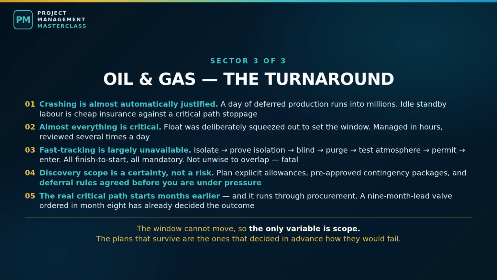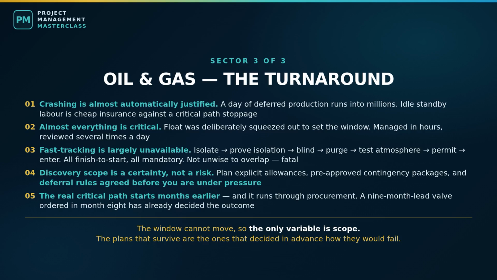Consequence 4, the defining feature, discovery scope. You open the vessel and find corrosion nobody predicted. That is not a risk to avoid, it is a certainty to plan for. In telecom, if you scope a fiber route, you know what you are building. In a turnaround, a meaningful share of the work is unknown until you are inside, with the clock running at